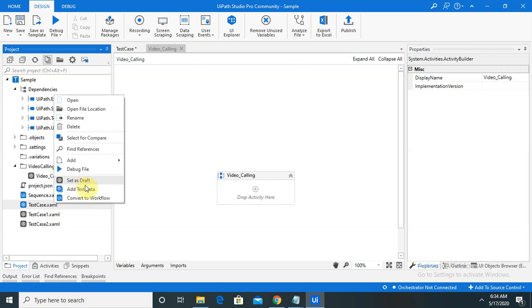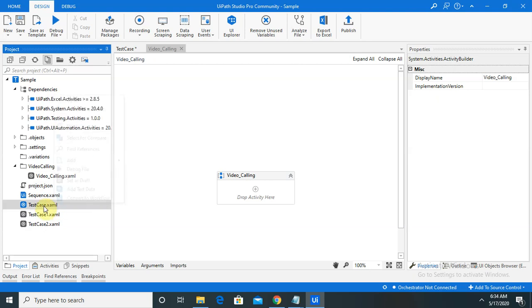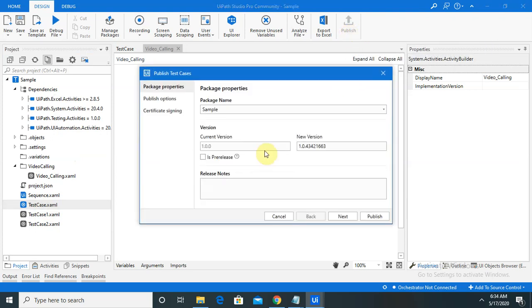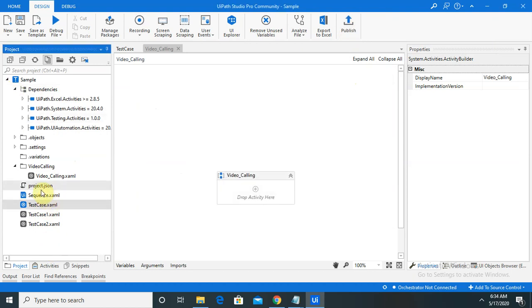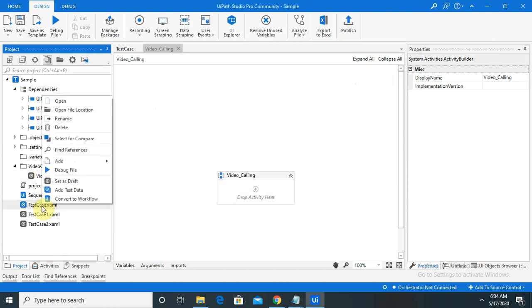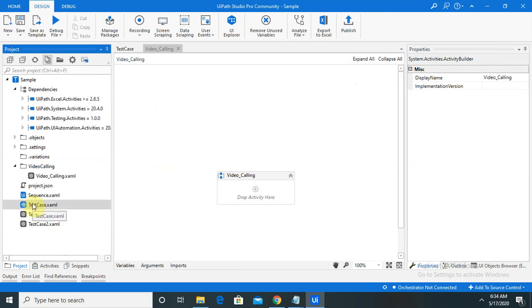You can also do that, and whenever you want to publish it, just click on this. Your test cases will be published according to your requirement. Individual test cases can also be created as NuGet files.